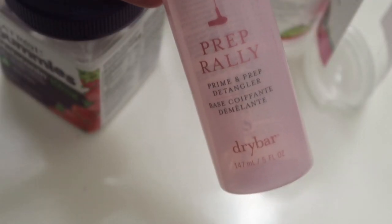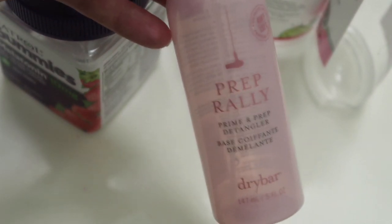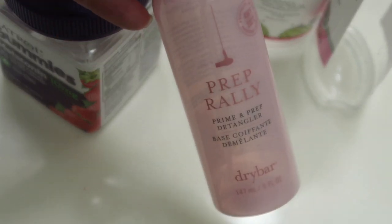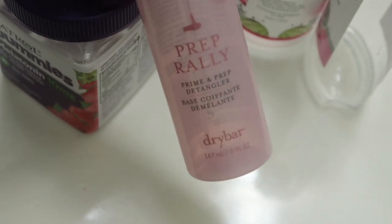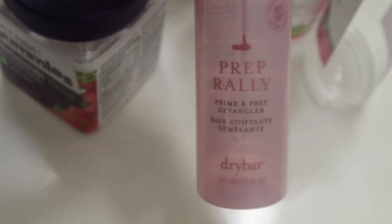But this was for the lady in my life, and so this is the Prep Rally Prime and Prep Detangler by Drybar, and I think I got this in my FabFitFun box, and I used this entire bottle on Maya because her hair is cray. It smells a little weird. I can't put my finger on the scent. I tried to see if it said anywhere what it smells like, but it doesn't. But it's all paraben free and all good stuff for your hair,